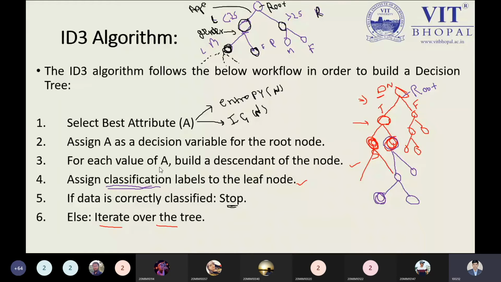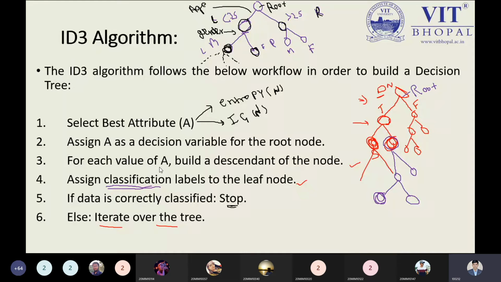And now at the time your root node becomes the decision node. So you are applying a condition, that is, a feature should be color, you should be yellow. That is our feature. So now we are splitting our data. Now this process will be applied to its descendant part, and this process will go on until we classify the data properly. So assign the classification label to the leaf node, and this is an iterative process. This iterative process will go on until we get the data into properly classified information. And that is the meaning of the decision tree.